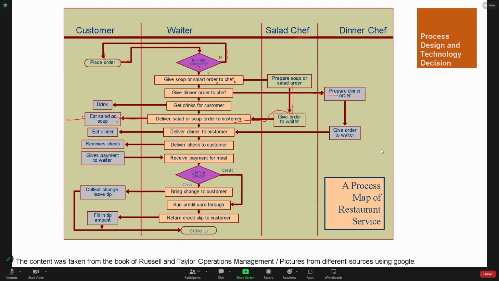Okay, then deliver the check to the customer, receive the check, and then give payment to the waiter, and then is it cash or credit, etc. So this is what you will do when you start up a small business. This is your operations plan. I mention it because you already have an idea of what that is. Okay? Because you already have